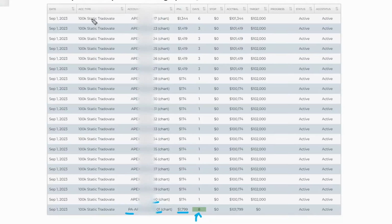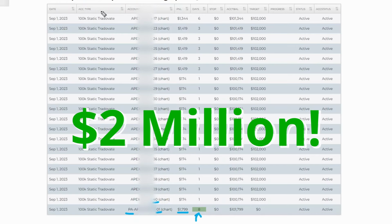The accounts that I'm using are 100K static trade of 8 accounts. So really, if you add all these up, once they all become PA, so 100K times 20, that'll be 2 million of funded account that hopefully I'll be able to trade. But for these,